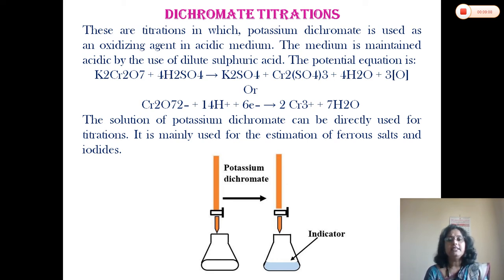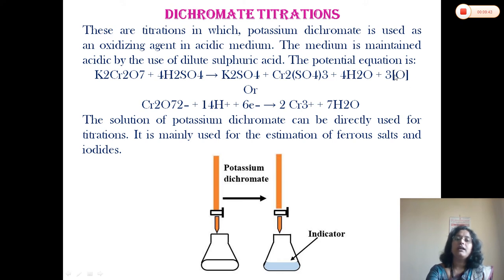The third redox titration is the dichromate titration. These are titrations in which potassium dichromate is used as an oxidizing agent in acidic medium. Like KMnO4, K2Cr2O7 is also a strong oxidizing agent, and it shows its oxidizing property in an acidic medium. That's why we always maintain a dilute acidic medium when carrying out the dichromate titration, because when K2Cr2O7 reacts with H2SO4, it produces nascent oxygen,